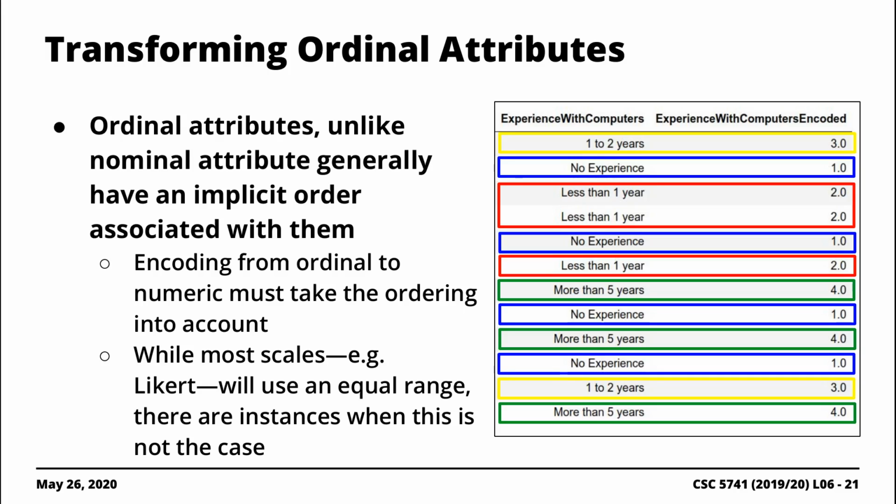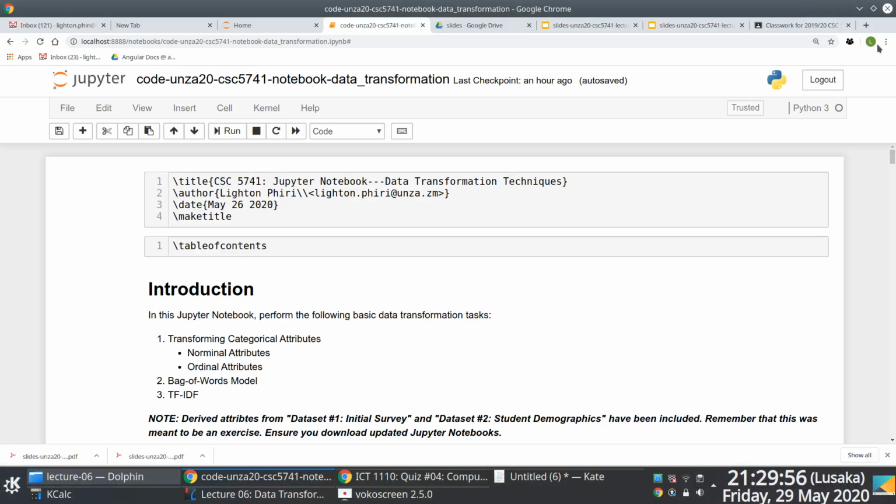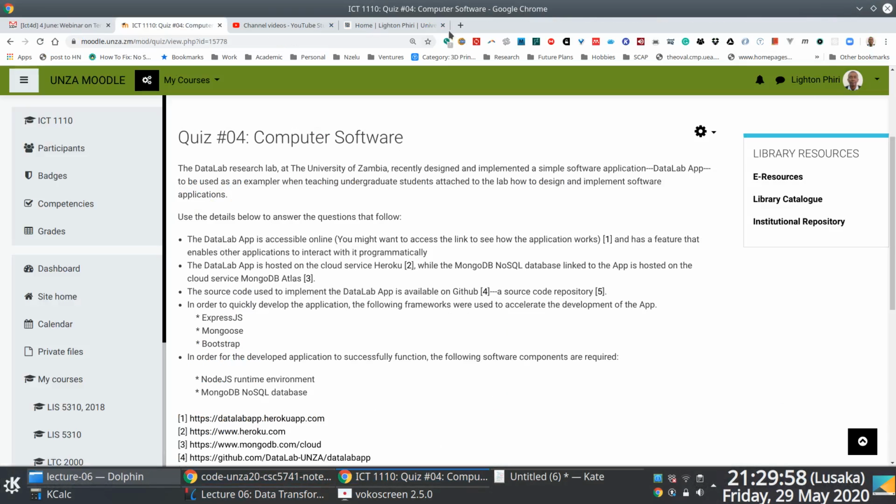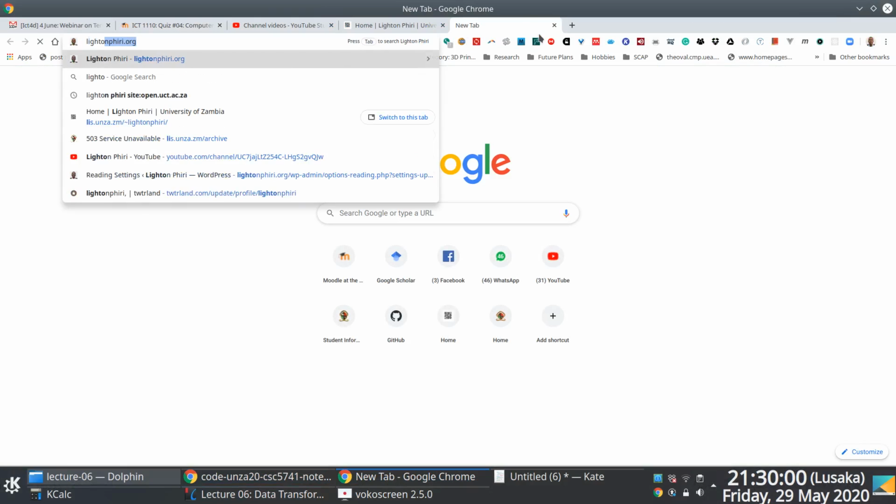Now, what you immediately realize here is that this particular example assumes that the gap between these different labels is the same. But of course, there are certain instances where the gap might not really be the same, right? So, and this is a good example actually,